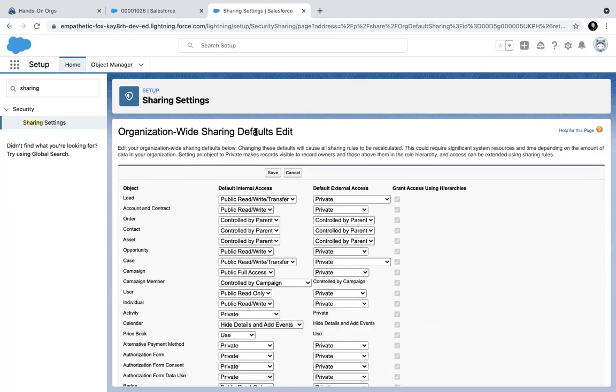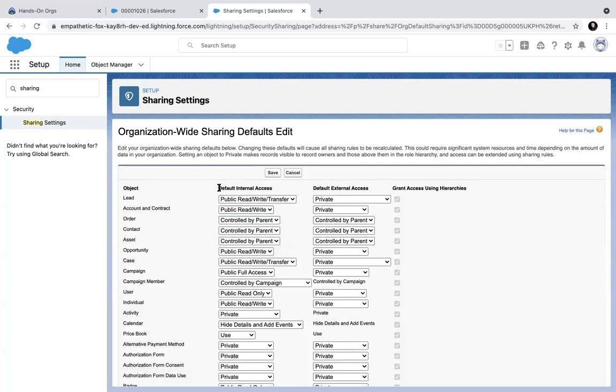Why is it controlled by parent automatically? Because when you create a master detail field, the owner field itself is removed, right? We saw that. So there is no owner. For no owner, you cannot have different settings for different records. It is controlled by parent. So it is by default controlled by parent. That's why that does not even come in this list. You cannot change it.